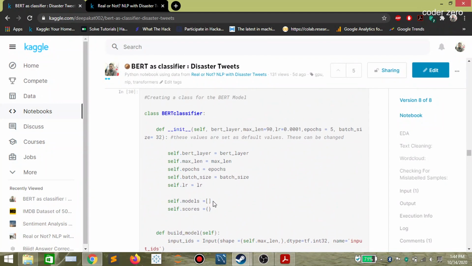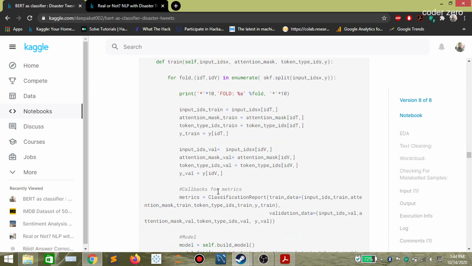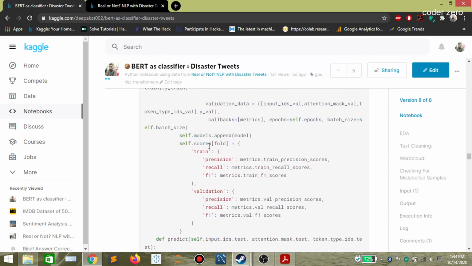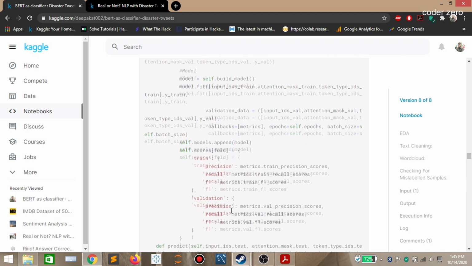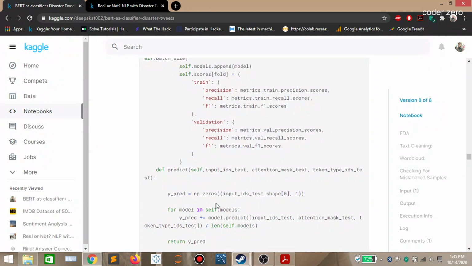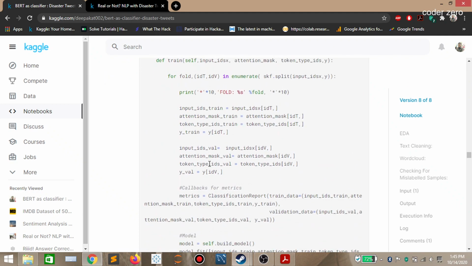You can see where we are appending the model. Here also we are saving the precision, recall and F1 score into the one we have created earlier.